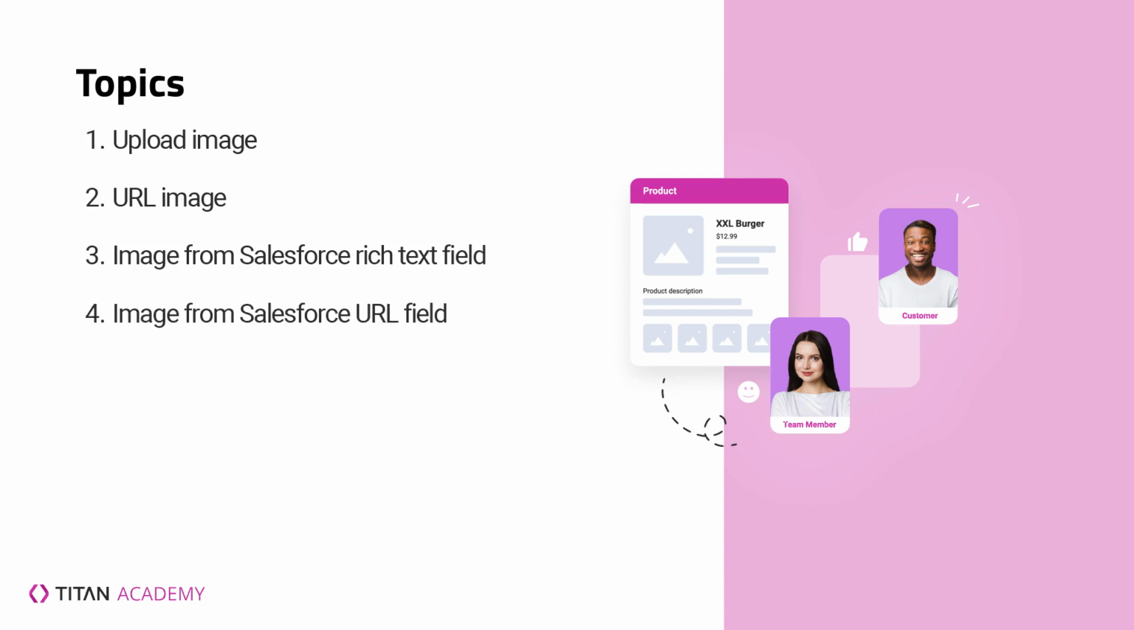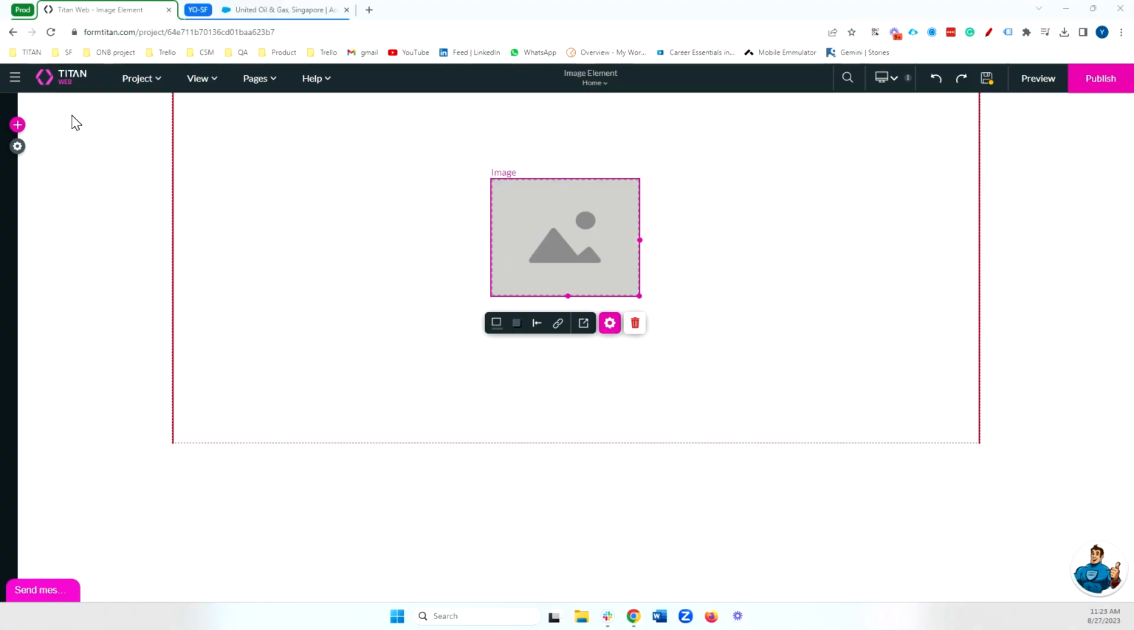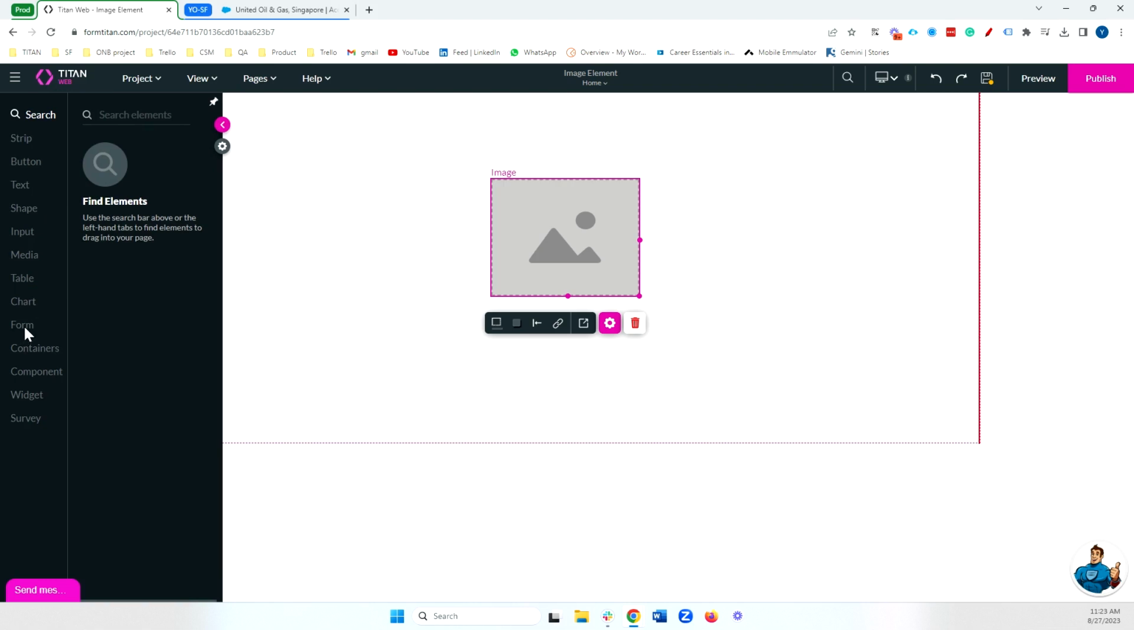I'll also show you how you can take a public URL from Salesforce and show that image in your image element. And finally, I'll show you how you can configure a hover or on-click image using the image element as well. Let's get started. So the first thing that we do is, of course, drag our image element from the